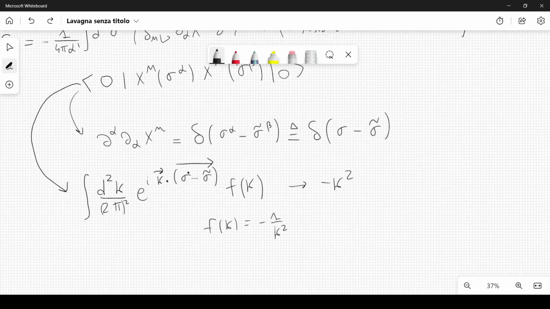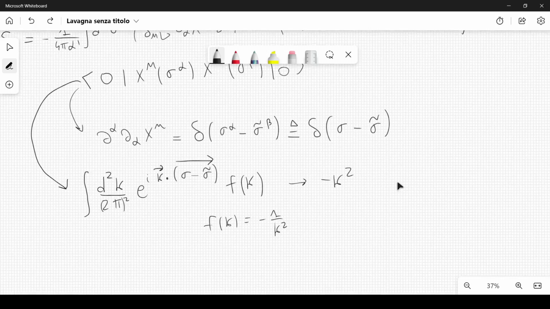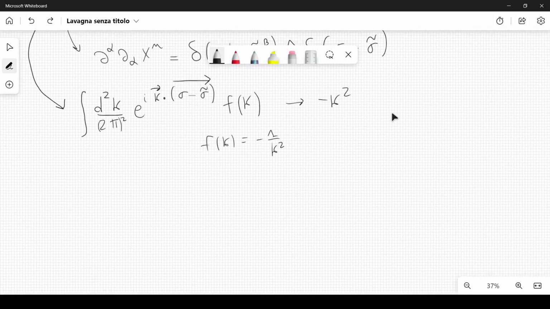These are the conjugate variables, so k1 and k2 are the conjugate variables with respect to the sigmas. So in this case, the conjugate variable to this sigma here. They have sigma 1 and sigma 2, or sigma 0 and sigma 1, and they are tau and sigma. And in this case, we are considering a Euclidean metric, so it's as if we had the variables i tau and sigma. Anyway, this is not a problem. It's something technical, but I just want to give you the intuition without being too rigorous.